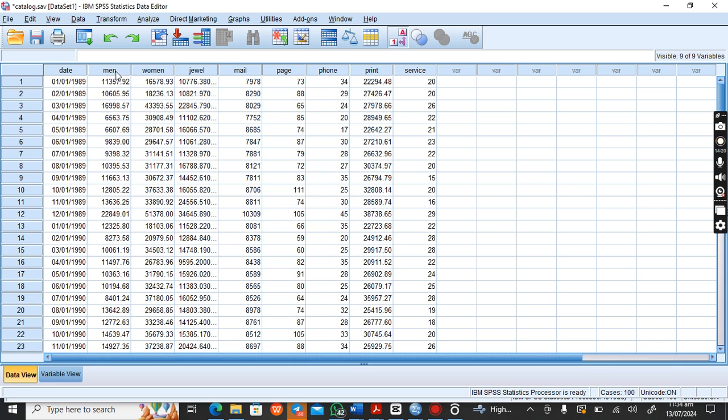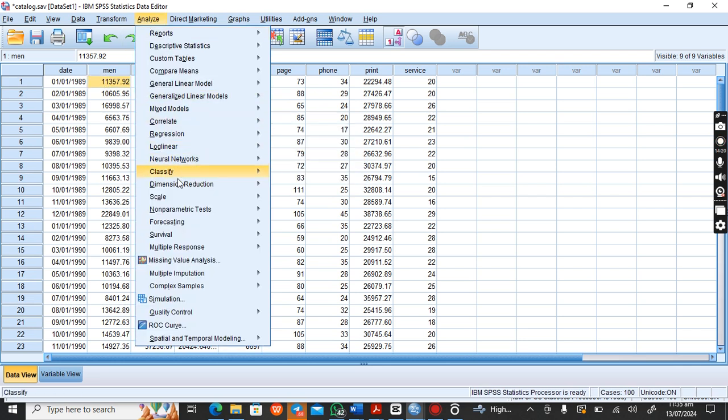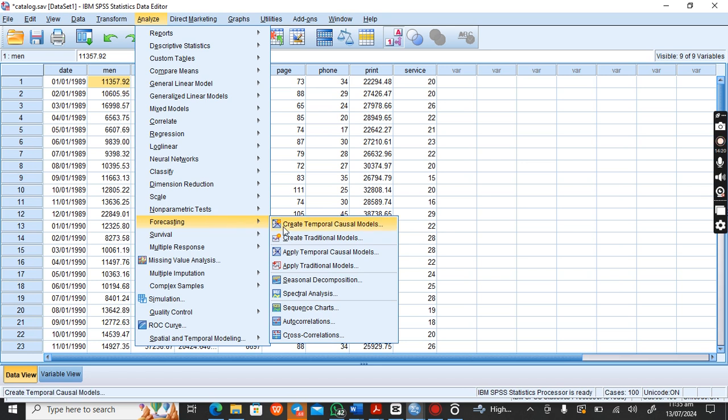You can see the men's clothing here. This is the data on the sales of men's clothing, women's clothing, jewelries, and mail and pages. So much information. But what I'm going to do right now is go to time series analysis. I'll go to forecasting. I'll go to